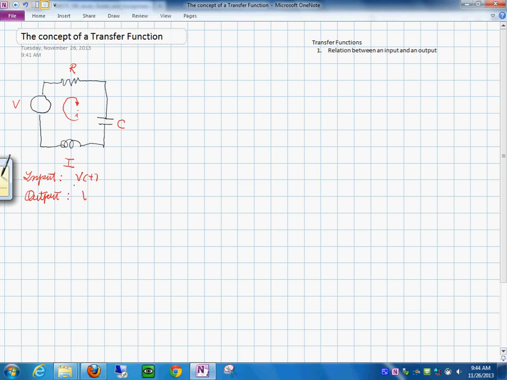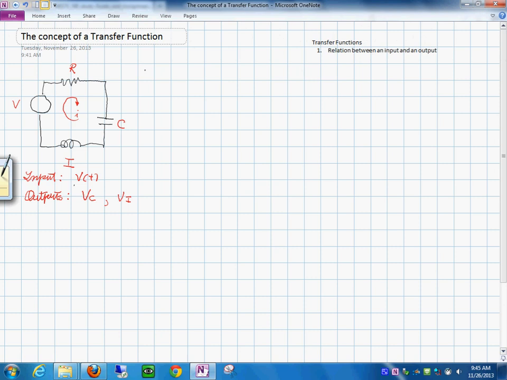we can have the voltage C. Also we could say the voltage of the inductor. These are the outputs. Okay. So how do we establish this relationship between the input and the output? We start by writing the equations of the system. A lot of things that we do in this class require that. This is no exception. So in this particular case, let's just go